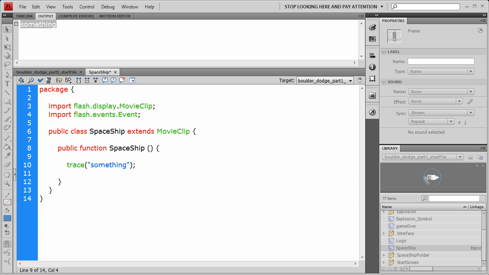Now we've come to the point where we need to talk about this word here, public. What is public and how has it found its way in front of our class and function? Well, public is what you call an access modifier. And every function and every variable we make in our class needs to have an access modifier in front of it. But what do they do? Well, I'm going to write out a few